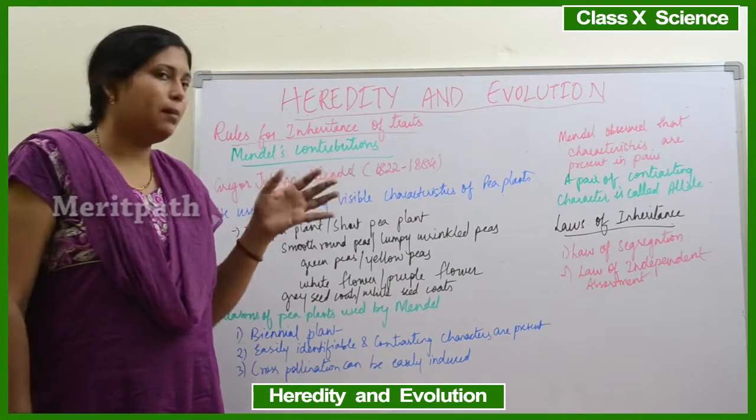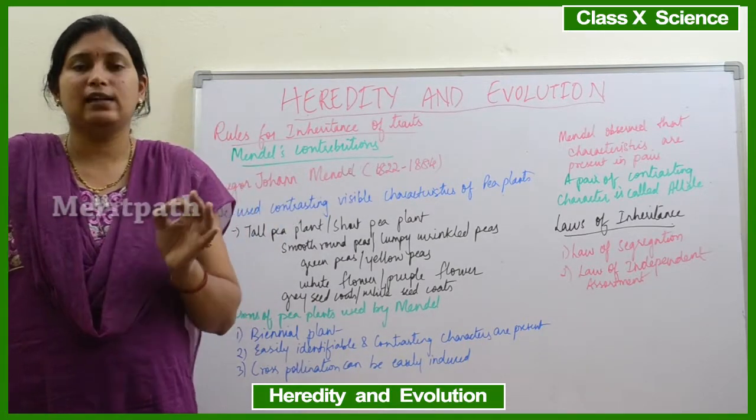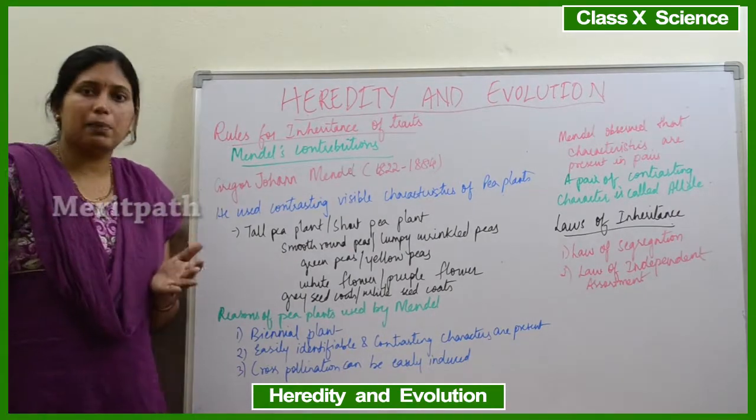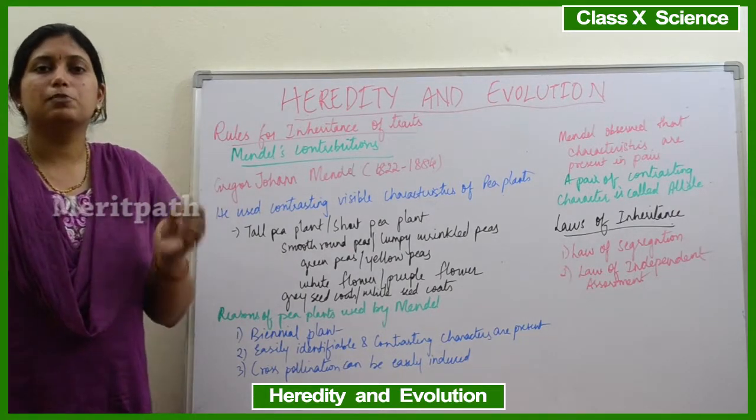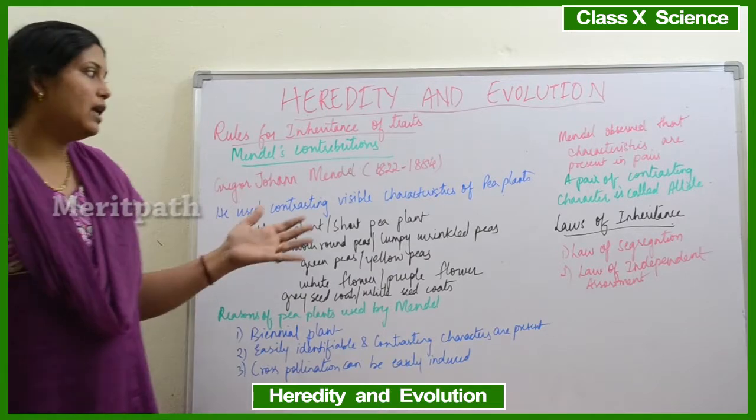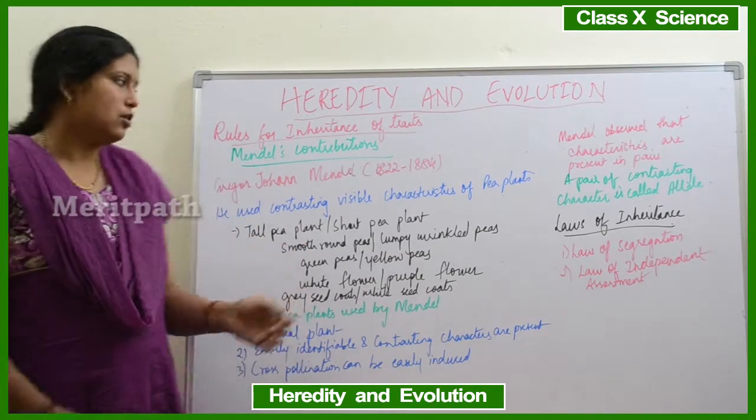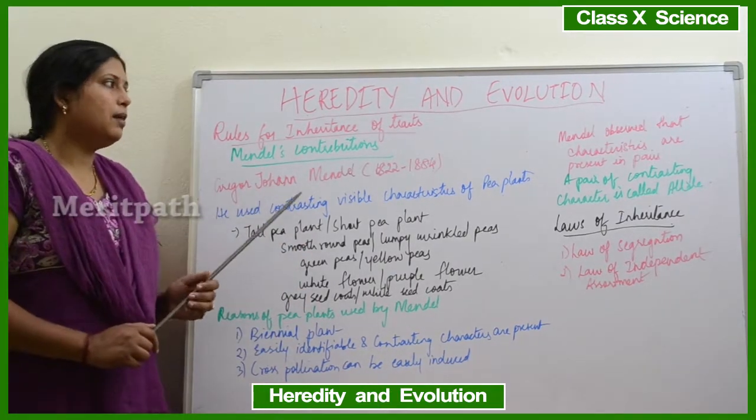He was not a gardener, he was an amateur scientist who did his studies on the pea plants. He considered those pea plants as his children. So he did research on his children. So he proposed that